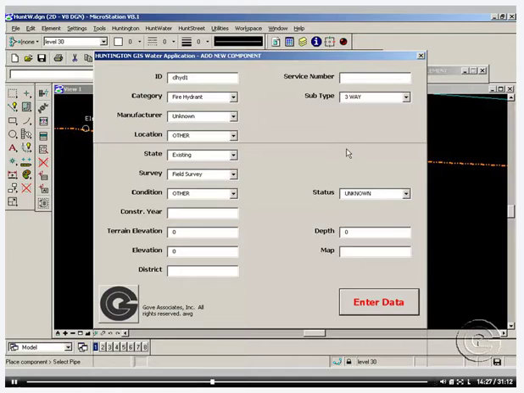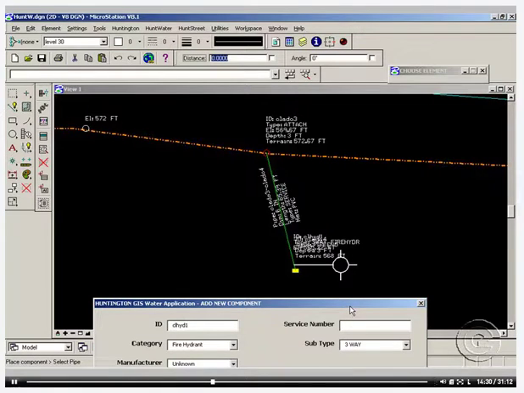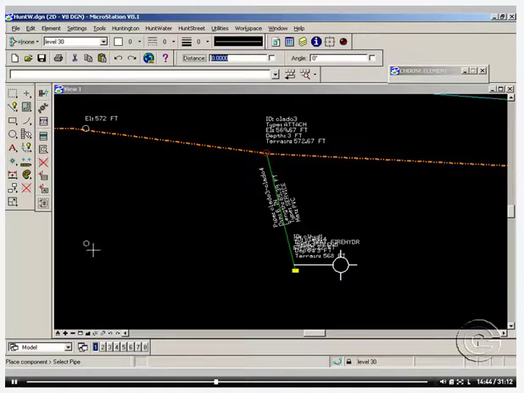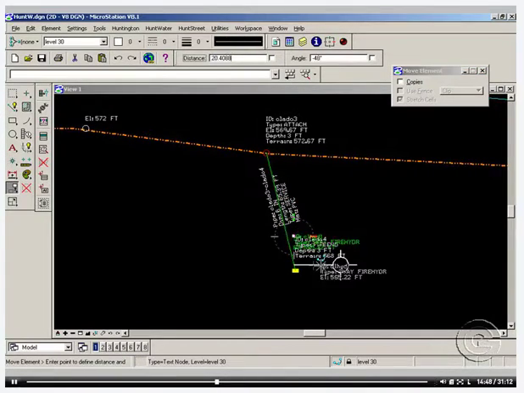And as you can see, the program would go in and place a hydrant exactly where we selected on that pipe, and bring the form again to allow us to place some more hydrants if we wanted to onto the system. Since this is the one that we wanted to place, we'll just go ahead and collapse this form. We have some overlapping text here. We can move some of the text if we wanted to show that, again, as I said, we did not type in the elevation